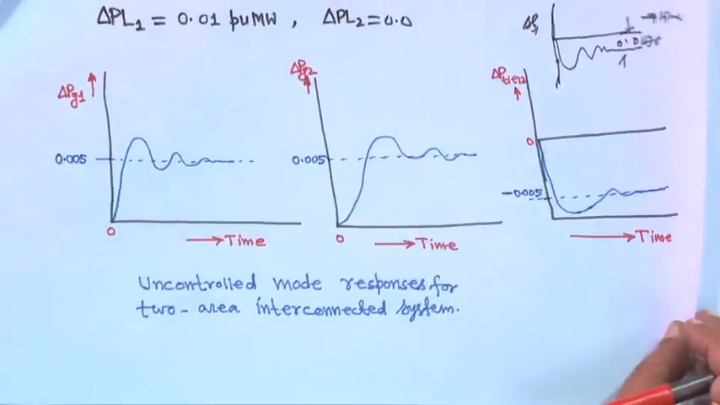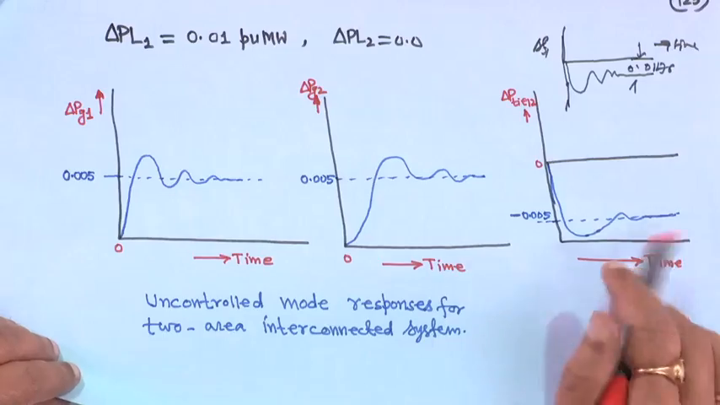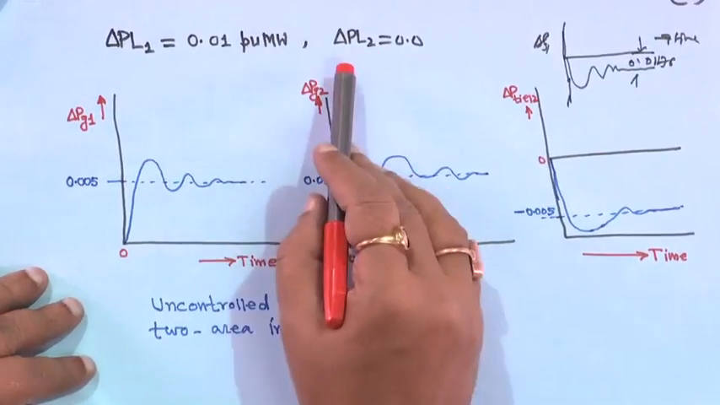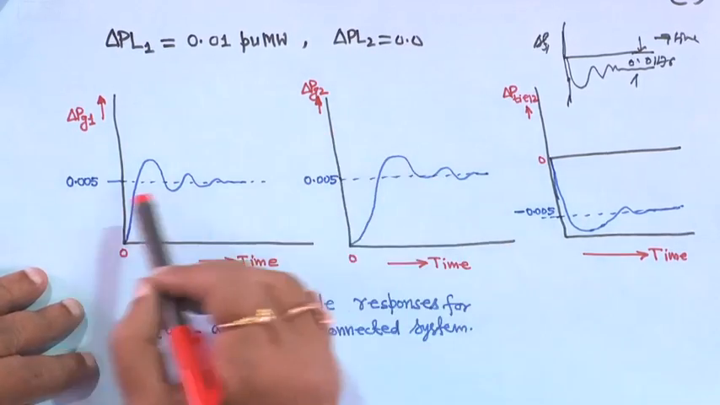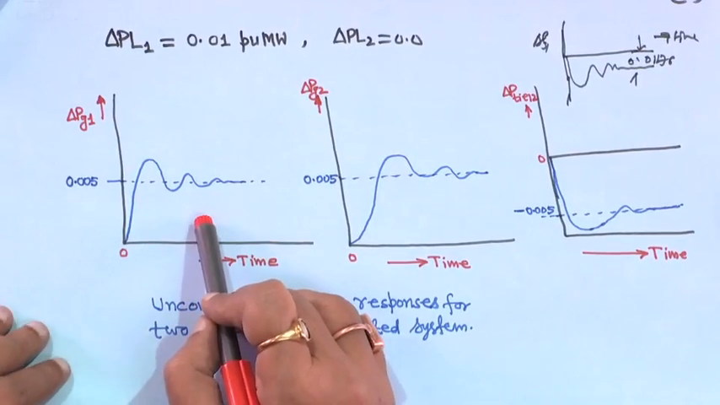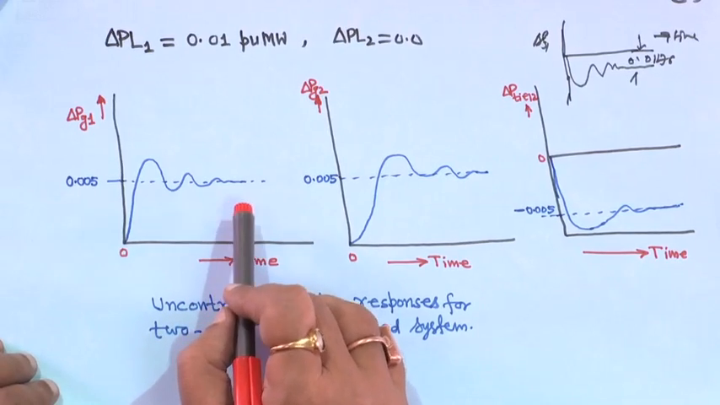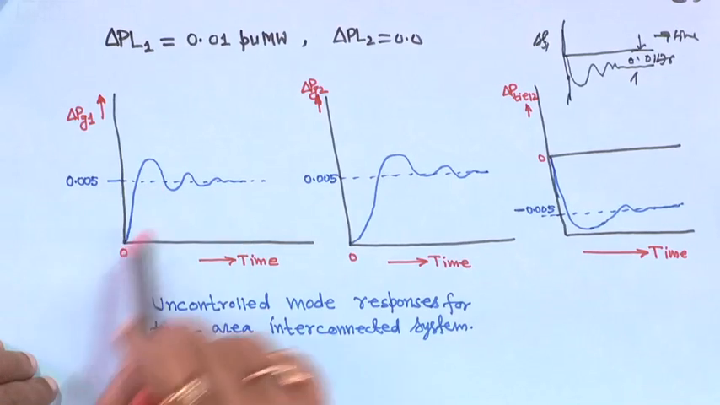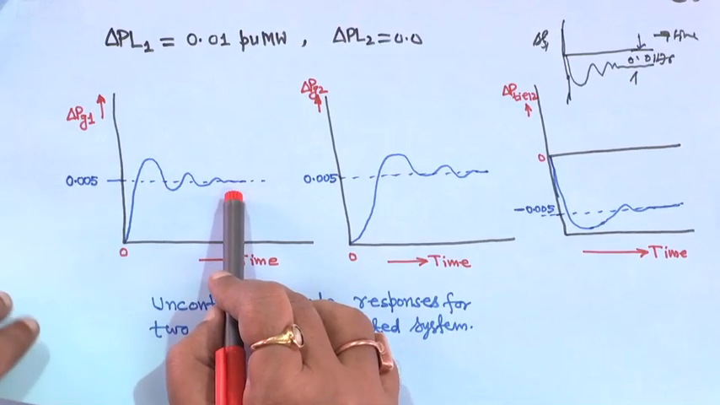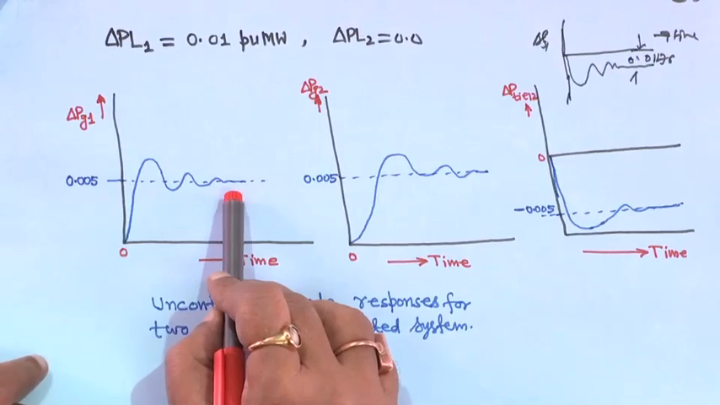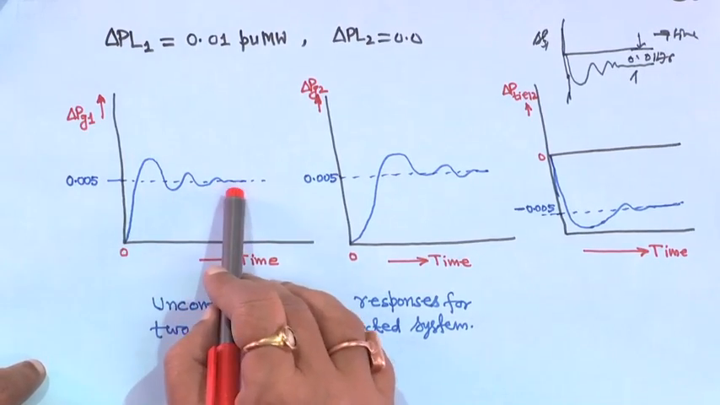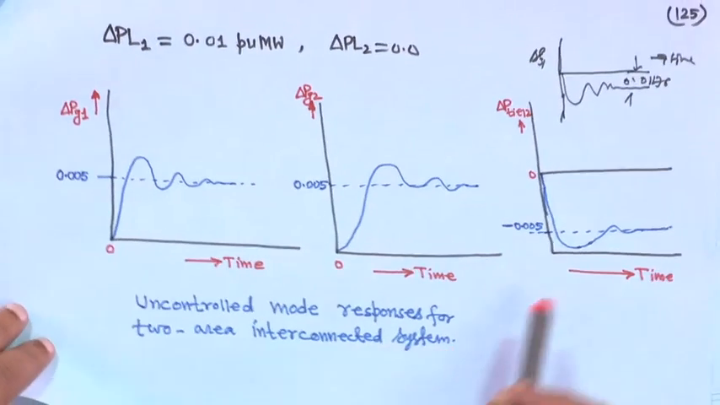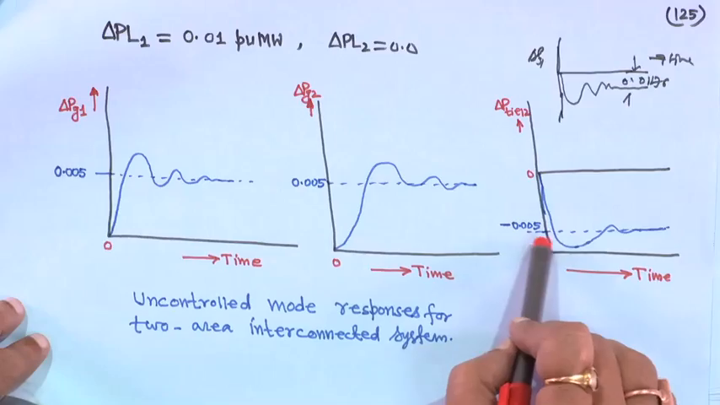If you see the response for this area 1 and area 2, say delta PL1 is equal to 0.01 per unit megawatt, delta PL2 is 0. If you plot, for example, delta PG1, this is the uncontrolled mode, you will find delta PG1 making 0.005, but not 0.01, because it is uncontrolled mode. So, both the generations are responding and generating power 0.005, here also 0.005, because it is uncontrolled mode response of the two area interconnected system, and the tie line power if you plot it is showing minus 0.005,